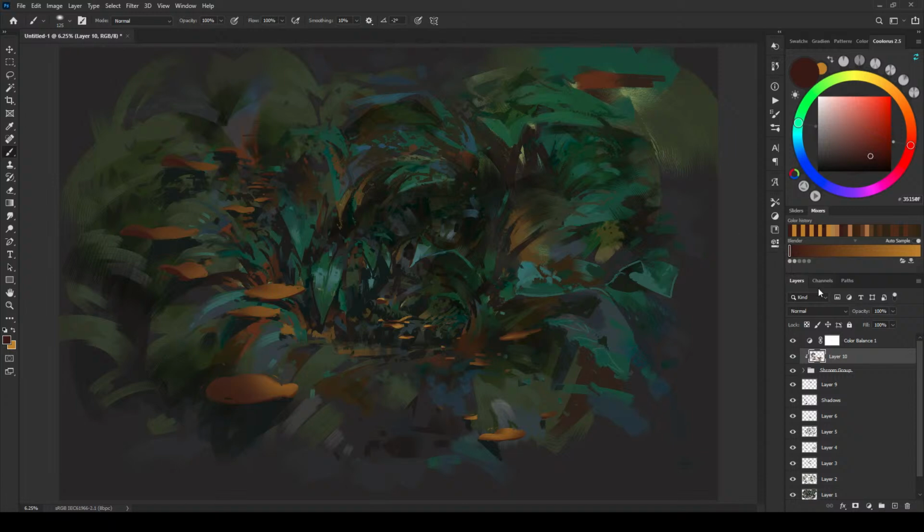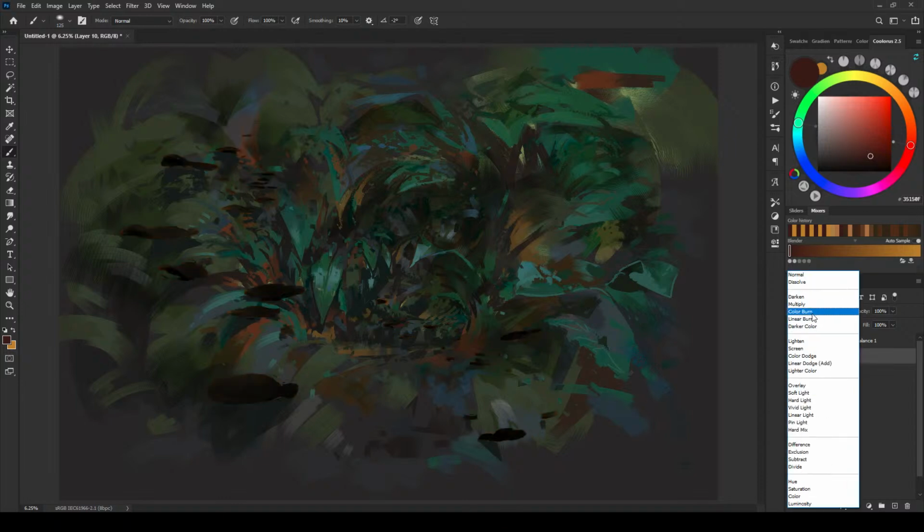Okay, so I'm going to turn this layer off so you can see. Now, obviously, we got rid of a lot of information that we had, as far as these lights and darks, hue shifts, that sort of thing. So we'll see maybe if we use like,